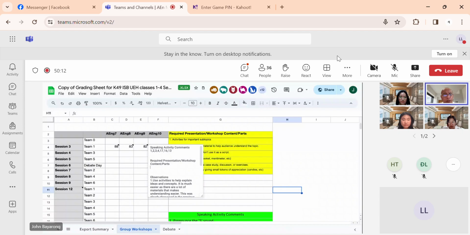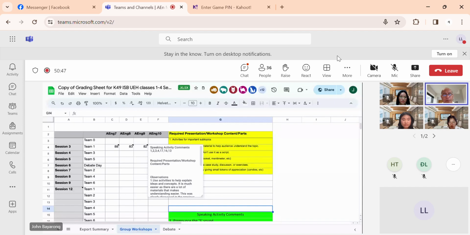So here you will see your mark. For every class, you will see your mark here, and then you will see some comments. The speaking comments correspond to the numbers here in the speaking activity. Now I'm not going to identify which one of you I observed this comment on, but it's easy for you to identify who you are, right? Or if not, then you can work as a team to improve everyone. It's a general direction for the team improvement.